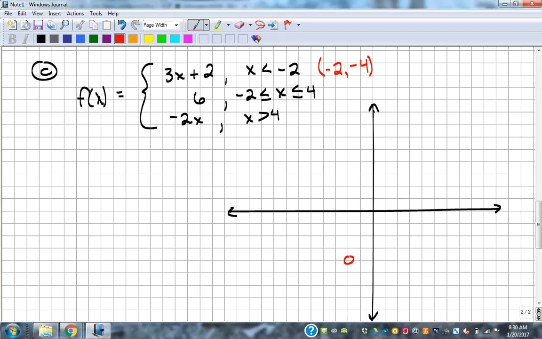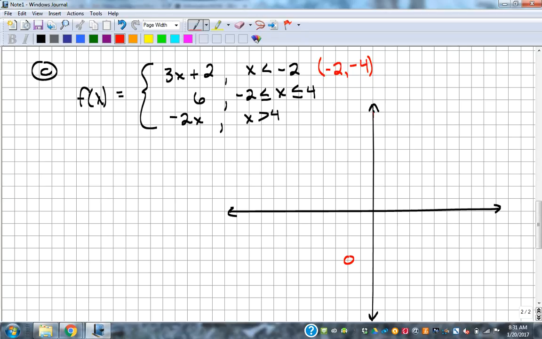That makes some sense there. If we're not including something, it's open circles. Remember when you did inequalities on a number line, you used open circles and closed circles, that sort of thing. So on a coordinate plane, you can use that same idea. Okay. Now, what we need to do is think, okay,